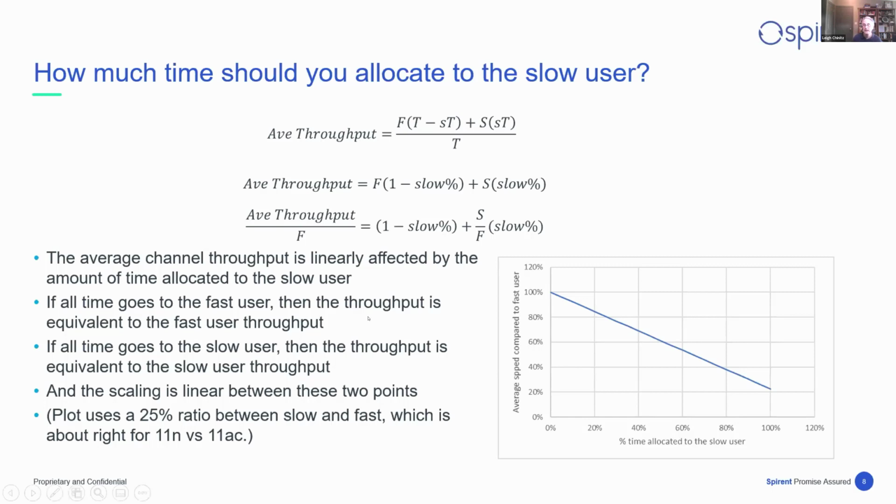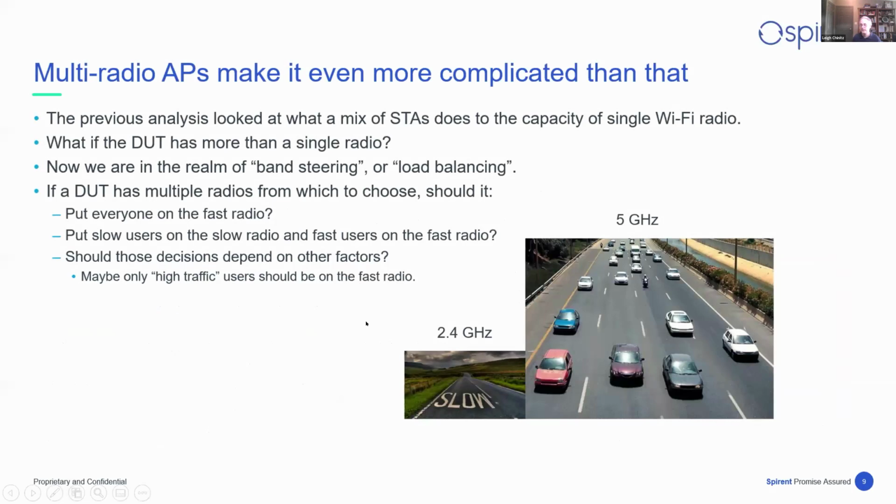So it's a complicated story. It's a complicated thing to figure out. How should the channel be apportioned? It's even more complicated when the AP has more than one channel to choose from. Now it has to decide a number of things, not only how it's going to split up a single channel, but how it wants to move or at least allocate users to different channels. This brings us to the realm of either band steering of the multiple bands or load balancing. There may not be multiple bands, but at least different channels.